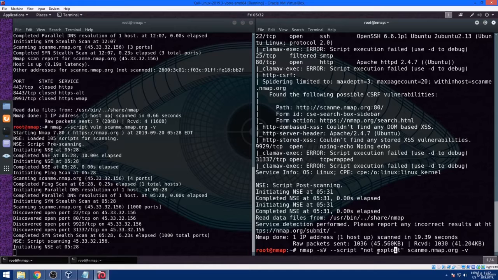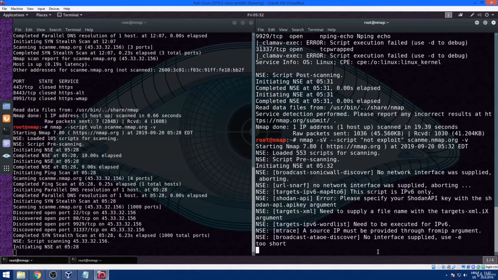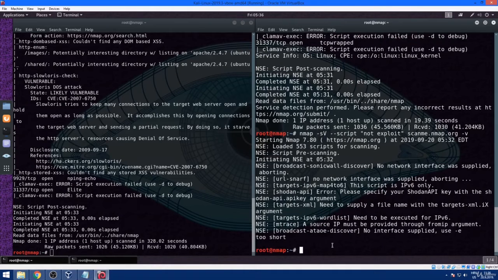Let's say that we want to run a specific NSE category, but we do not want to run two NSE scripts within that category, so there is a way to exclude them. We are going to do that by typing in nmap -sV --script and inside quotation marks open a parenthesis, type in http